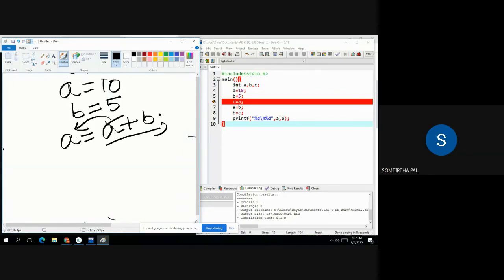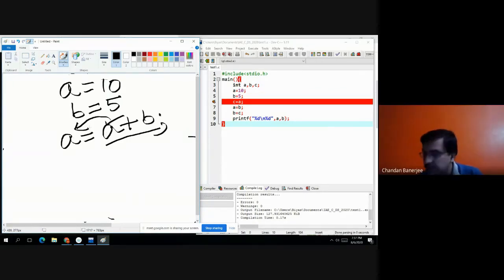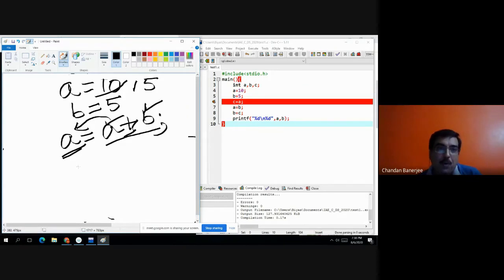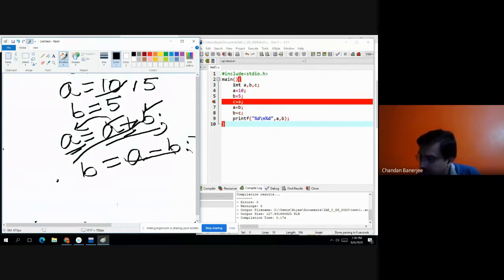b is 5. So now a becomes 15. Now if I write b equals to a minus b, look, now b equals to a, which is now 15, minus b, which means 5.